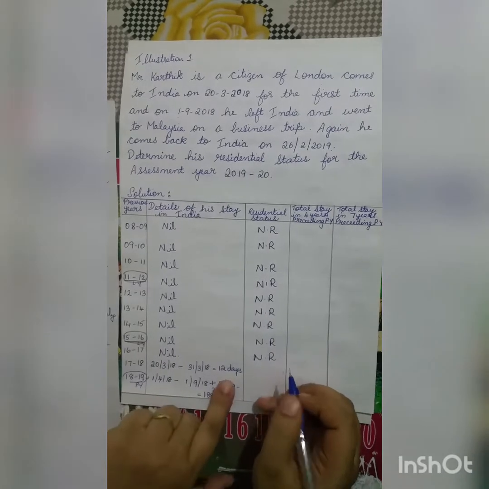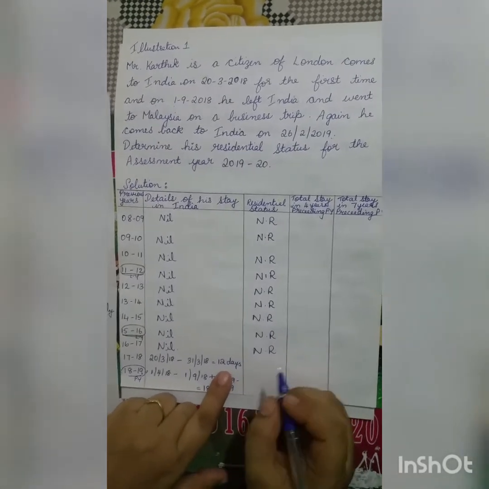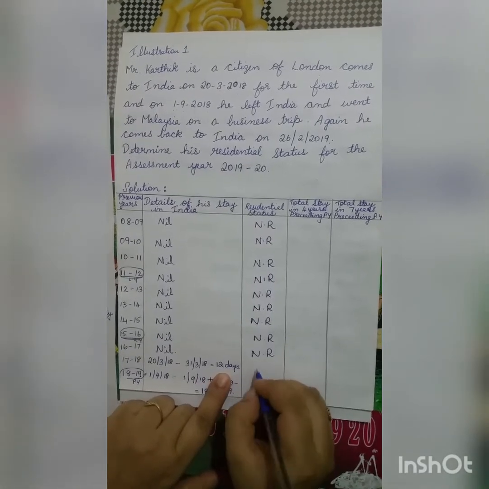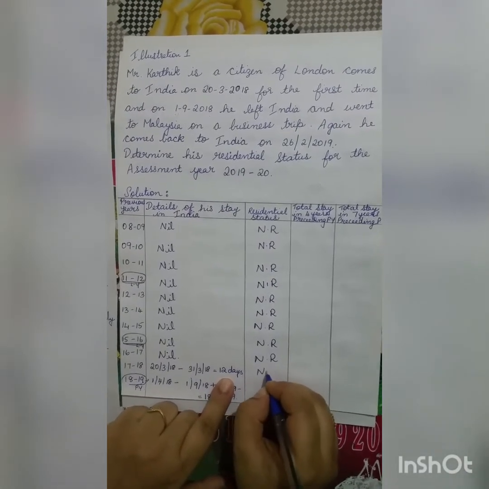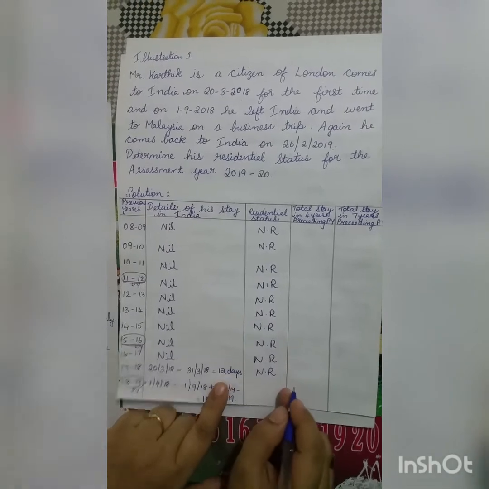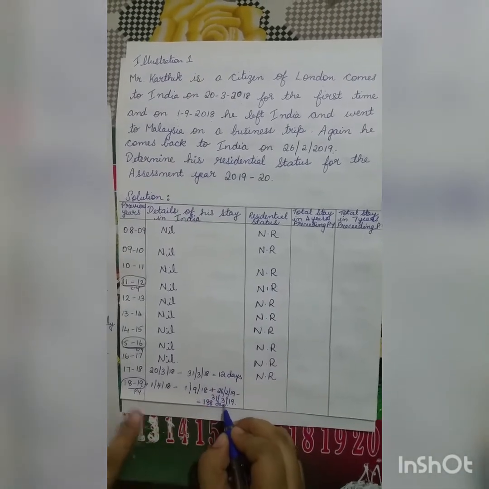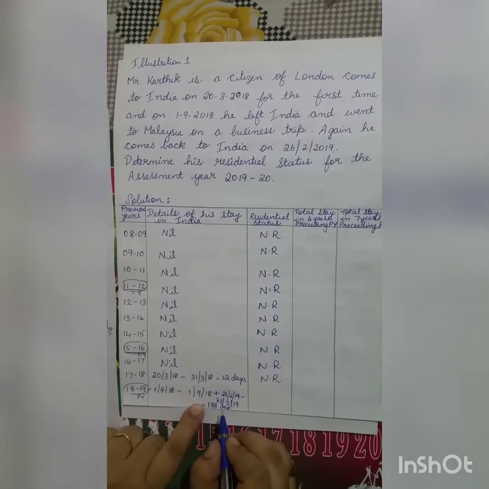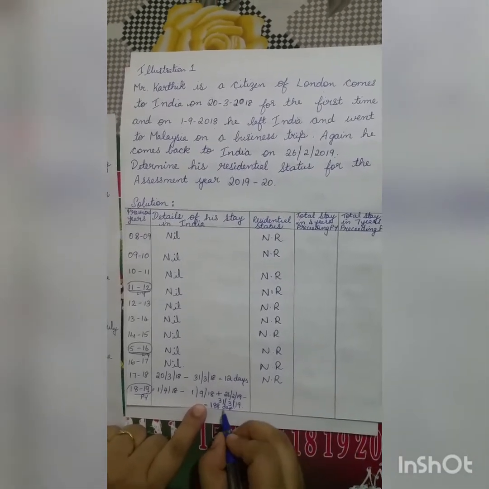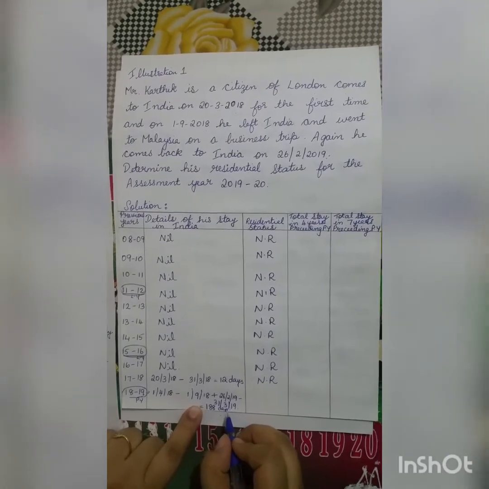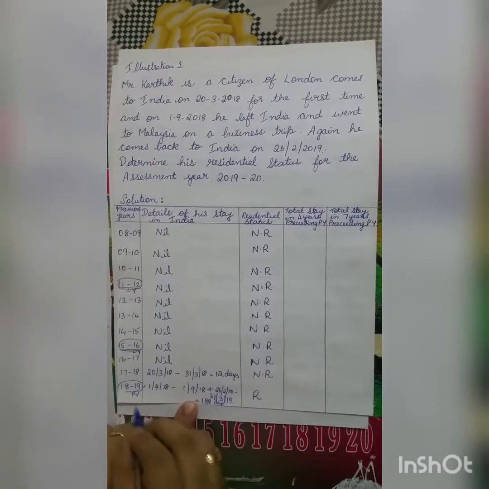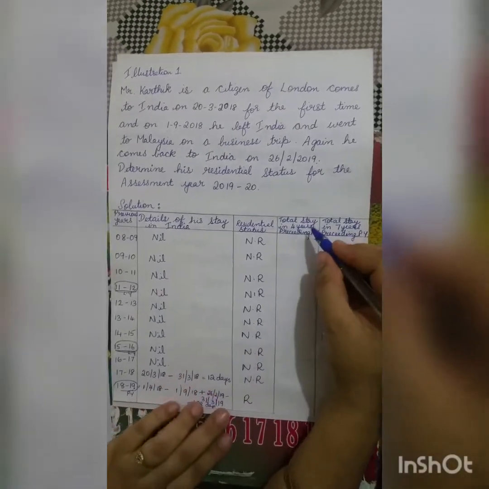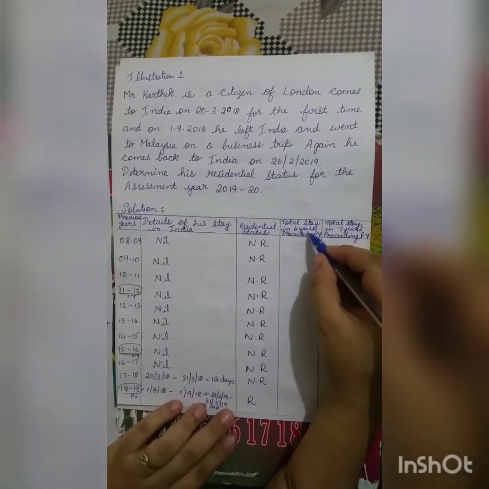Now this year again he is staying only for 12 days. For a person to be called a resident, either he should stay for 182 days or 60 days. So here also the condition is not fulfilled, so he is a non-resident. Whereas here, that is the year 2018-19, he is staying for 188 days. So he is fulfilling the first basic condition, which is stay in India for 182 days or more during the previous year. Therefore, he is a resident in 2018-19.